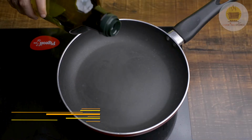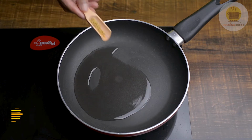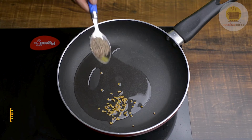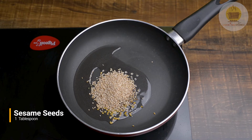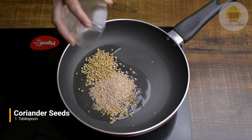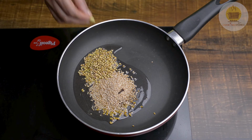In a pan, take around 1 tablespoon of oil, half teaspoon fenugreek seeds, 1 teaspoon cumin seeds, 1 tablespoon sesame seeds, around 1 tablespoon of coriander seeds, 1 clove, 1 cardamom,